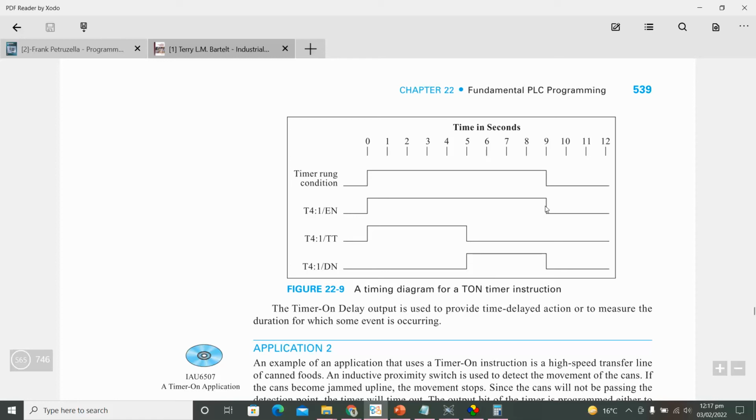ये हाई हो गया, ये तब रीसेट होगा जब डन रीसेट होगा। और टाइमर कब ऑन था, जब एक्यूमुलेशन हो रही थी। ठीक है, जब एक्यूमुलेशन हो रही थी, इसका मतलब है कि 5 सेकंड्स के बाद एक्यूमुलेटेड वैल्यू प्रीसेट वैल्यू के बराबर आ गई, और जैसे ही टी लो हुआ उसी वक्त डन बिट हाई हुआ।